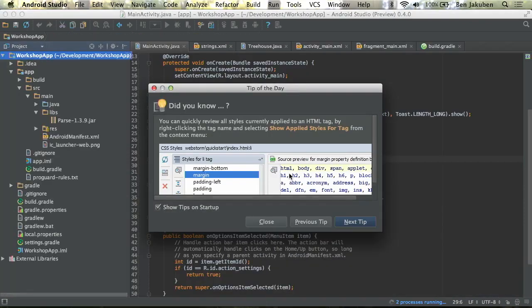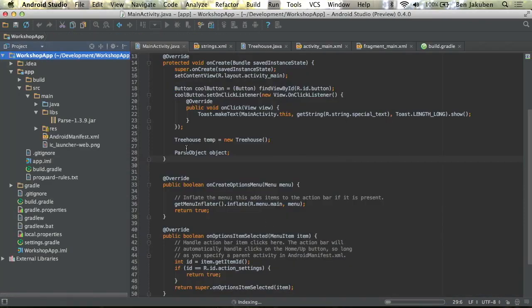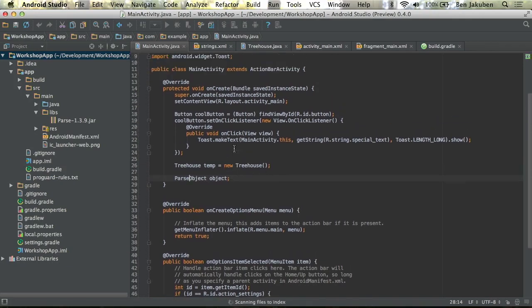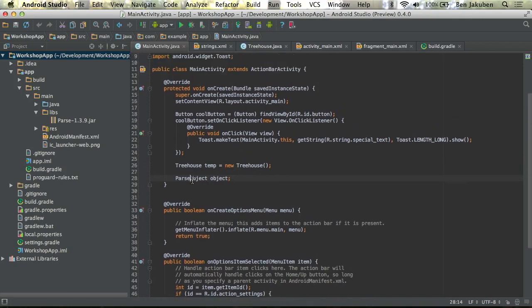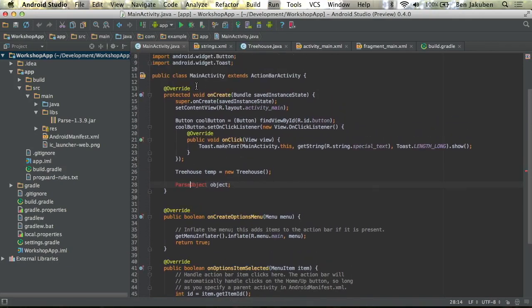Okay, and now, let me close the tip. Now we have a different thing show up here. Well, it's just taking a moment longer. But this parse object, it's not imported automatically. We do have to import it the first time for whatever reason. But now it knows that it's there. So there we go. Once that syntax highlighting shows up, that's how we know we're good. But now if I hit Alt plus Enter again, that gives us the, oh, I'm sorry, that's actually not what I want. I think if I just hover over it,